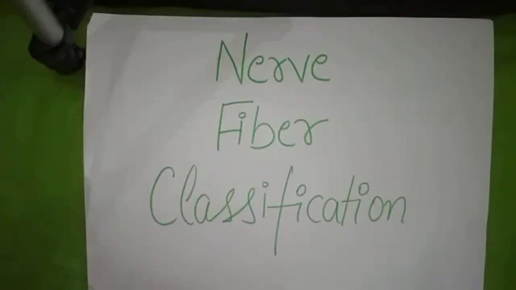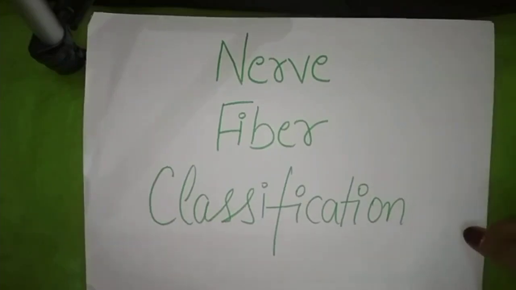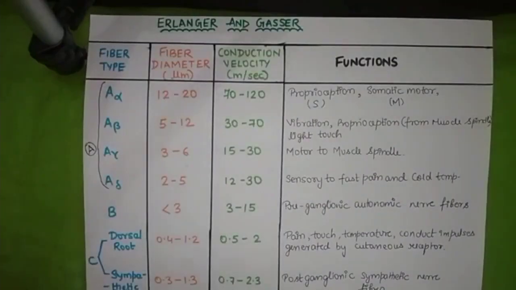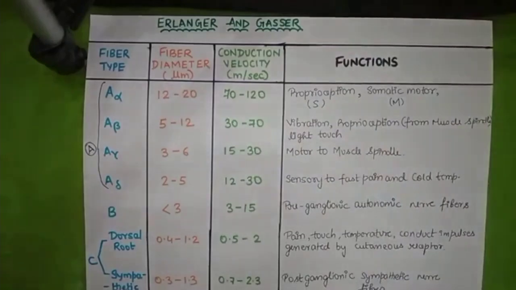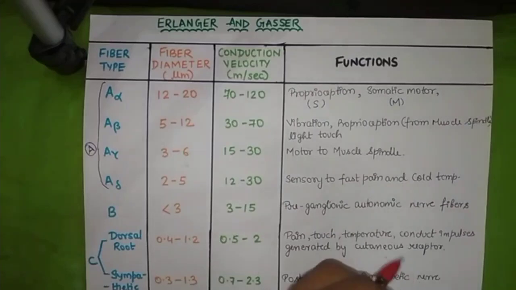Fiber classification. There are two classifications for nerve fiber. One is Erlanger and Gasser, second is Lloyd and Hunt. We'll start with Erlanger and Gasser classification. These scientists classified the nerve fiber on the basis of myelination, which is the covering around the axon, and conduction velocity,